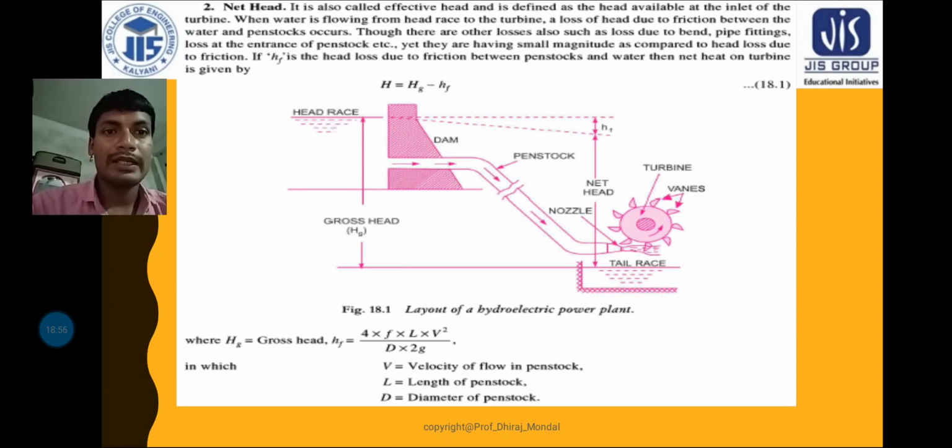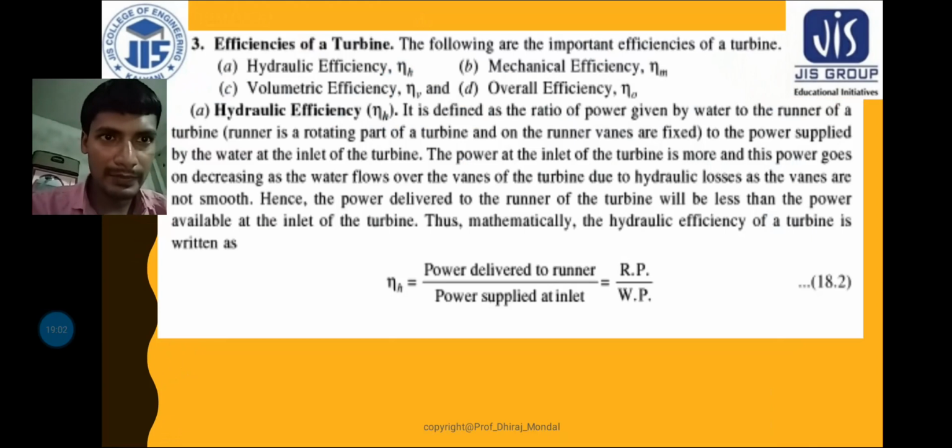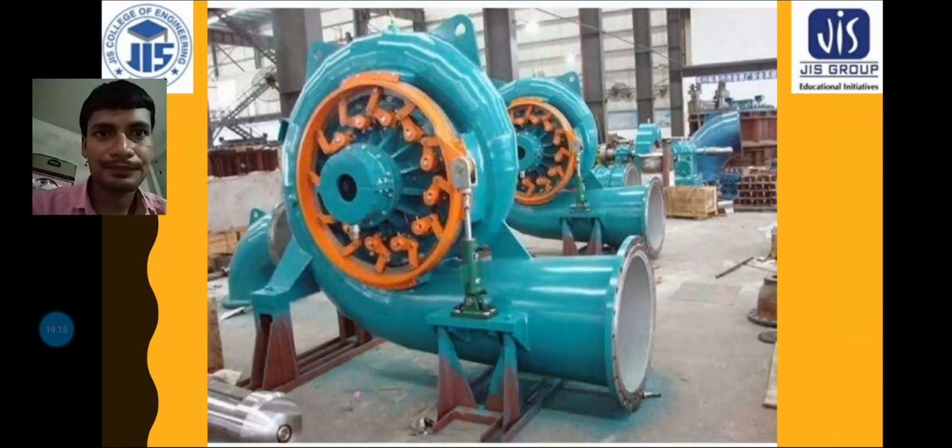So the ratio of runner power to water power is called your hydraulic efficiency. Clear? So hydraulic efficiency means power delivered to the runner by power supplied at inlet, that is your water power. So the runner power by water power is called your hydraulic efficiency. Keep it in your mind. Next, come to the